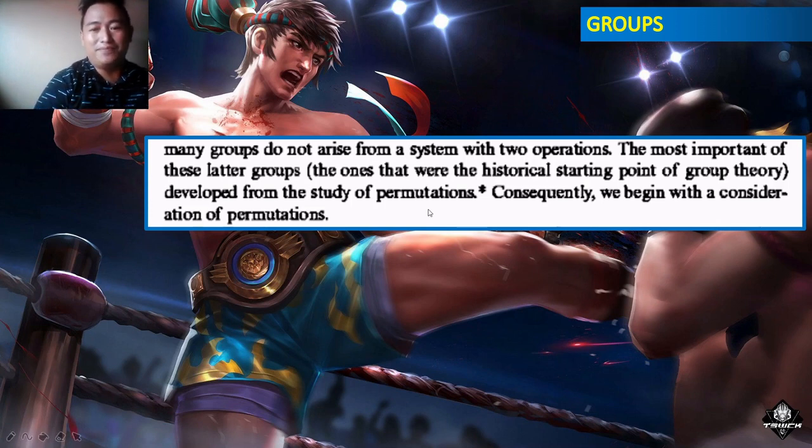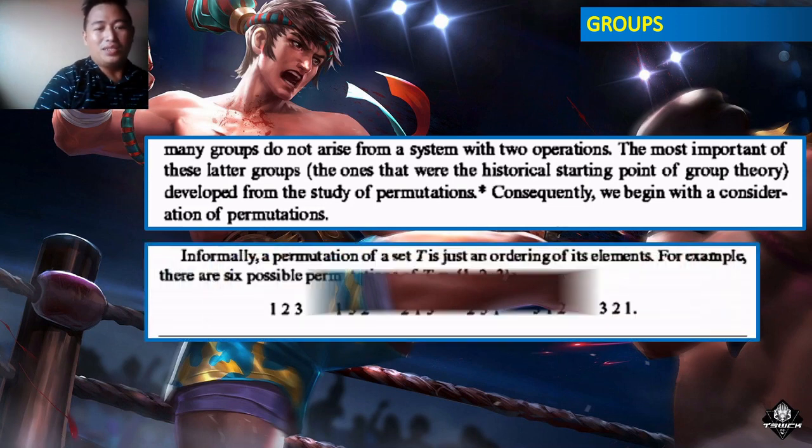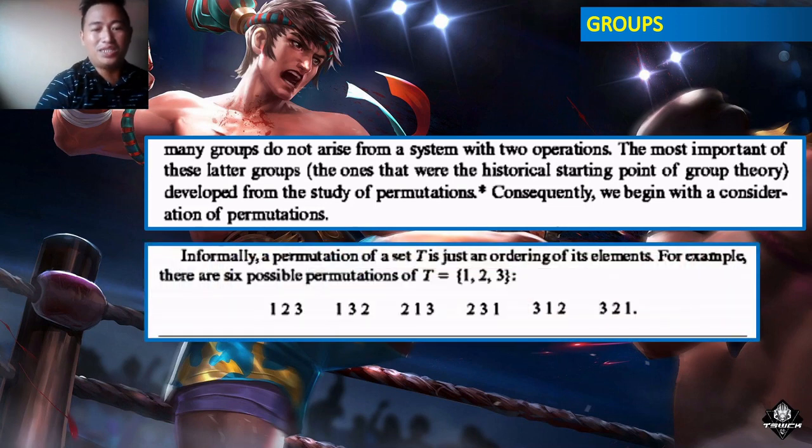Next, our example is about the study of permutations. Informally, a permutation of a set T is just an ordering of its elements. For example, there are 6 possible permutations of T, the set containing 1, 2, 3: 1, 2, 3; 1, 3, 2; 2, 1, 3; 2, 3, 1; 3, 1, 2; and